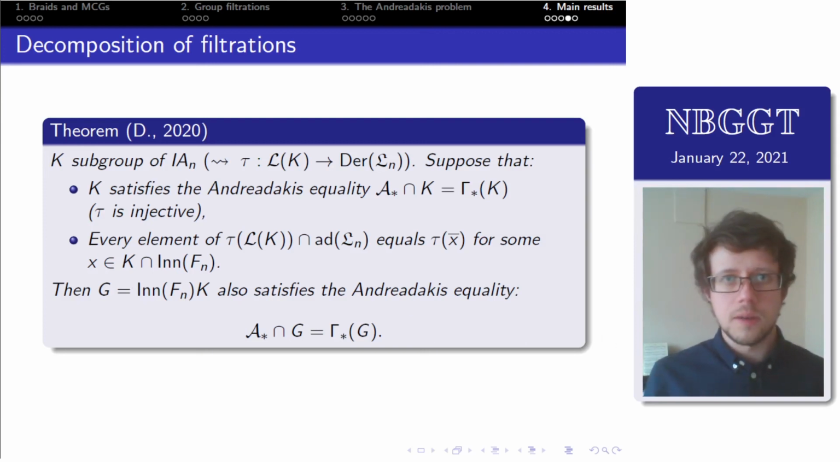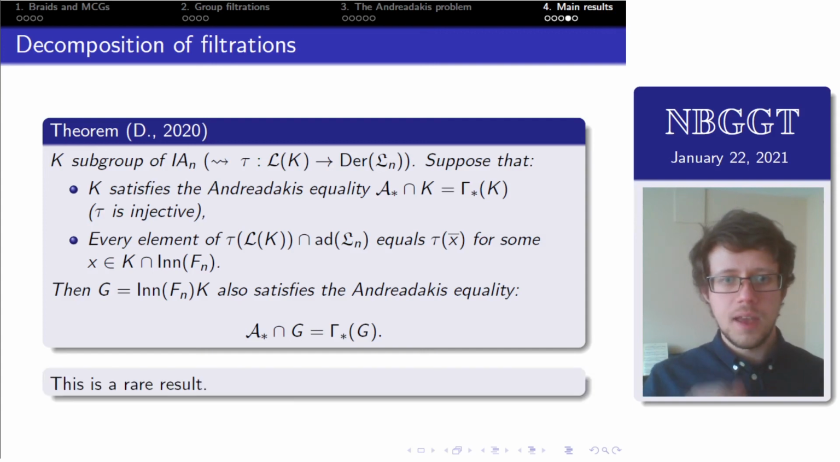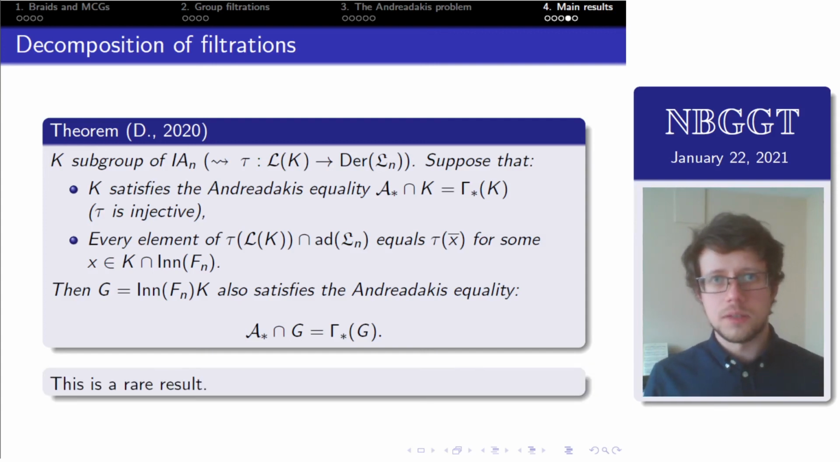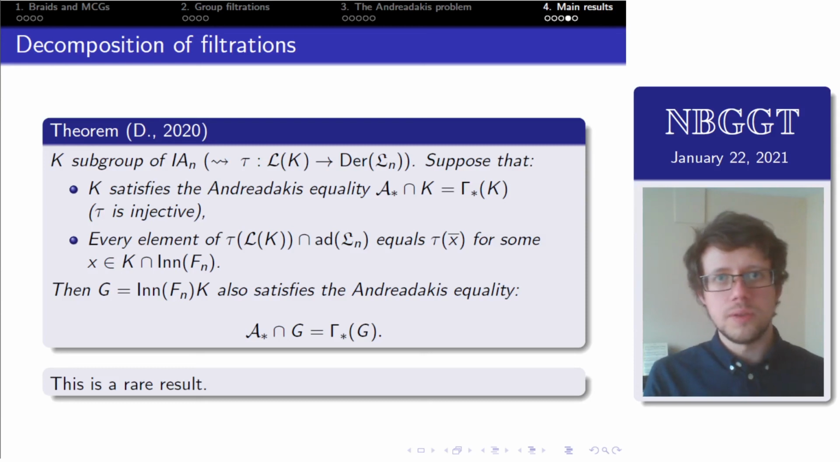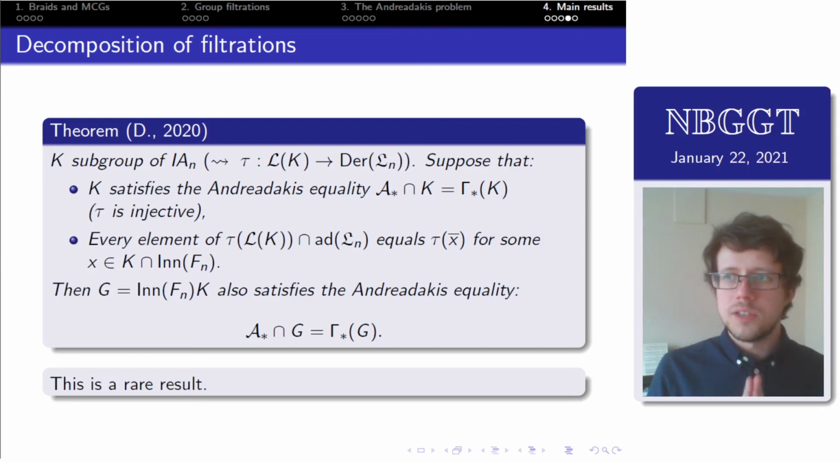So this theorem is a particular case of a more general result of decomposition of filtrations. And this is a rare result. In fact, this is the only result I know of allowing us to get from the Andreadakis equality for a subgroup to the Andreadakis equality for another subgroup. Because usually the problem is that if you have two subgroups, then the lower central series won't be compatible,